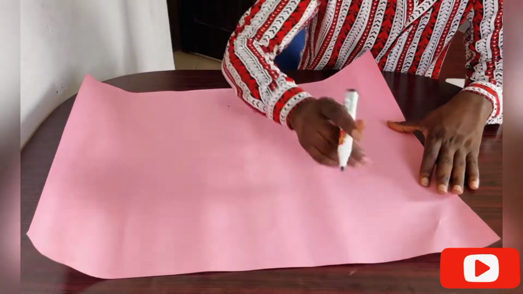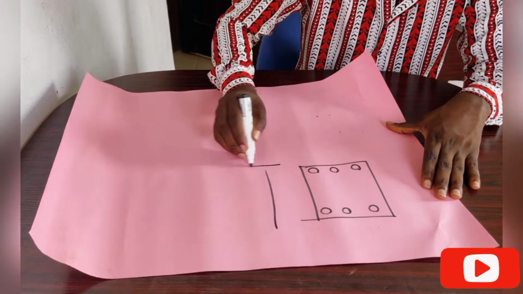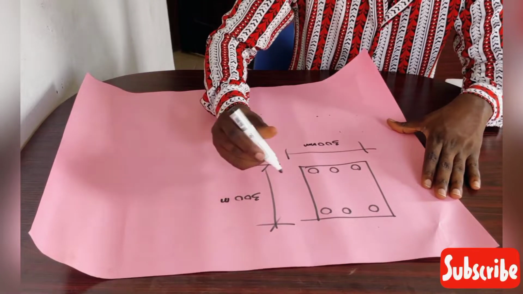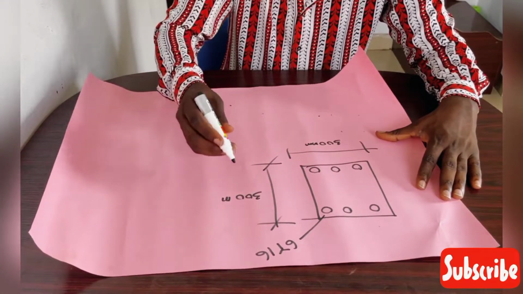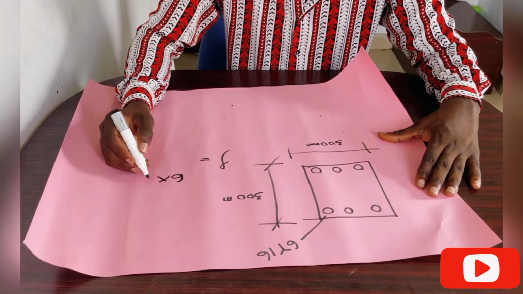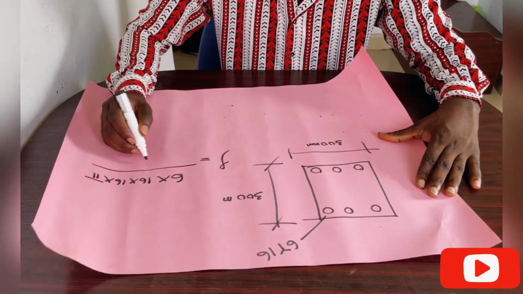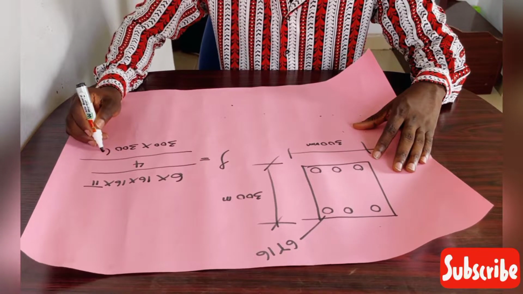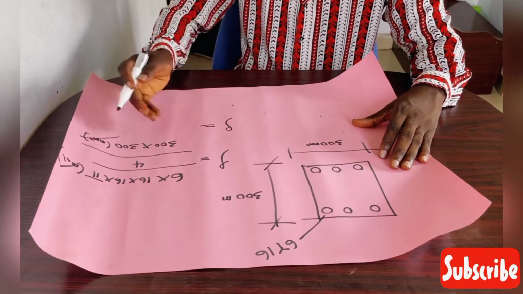So if we have a section like this, we have 1, 2, 3. Let's say this is 300 mm, and this is 6Y16. So to get our reinforcement ratio, we have 6 times 16 times 16 times pi all over 4, all over the area of this, which is 300 times 300, all in millimeter squared. So if you cancel them out and multiply this out, you are going to have